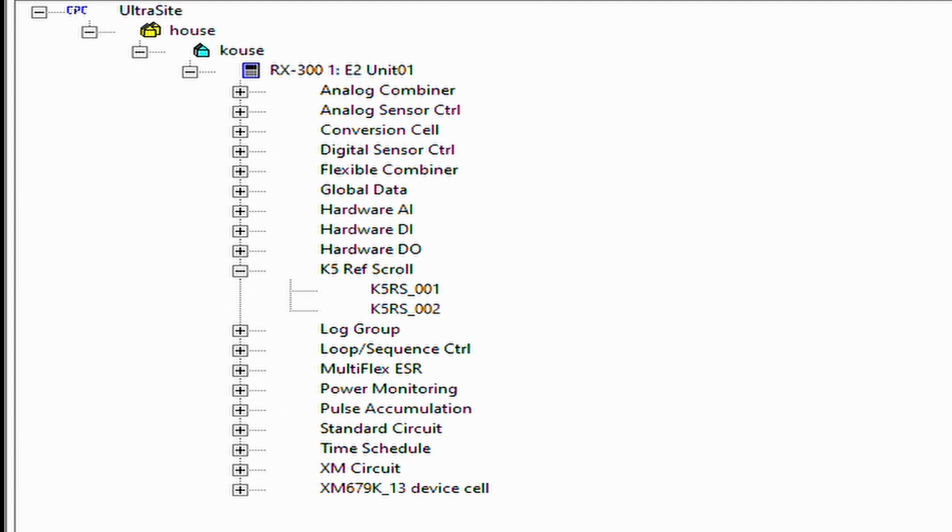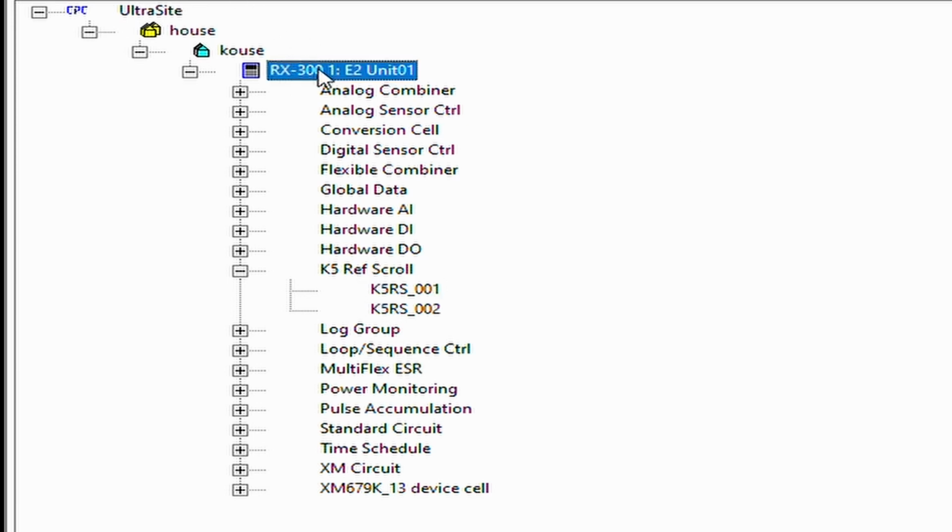And when the proof is done through here, it'll automatically associate the proof input on the suction group with the proof output of the K5 scroll. So you don't have to do any of that. Once you choose that, it's going to give us an error message because it wasn't complete, but it's going to automatically associate all of that with the E2. So now if we go back into terminal mode,